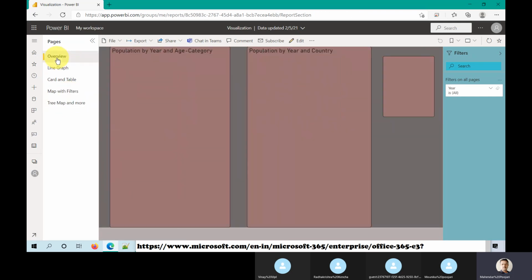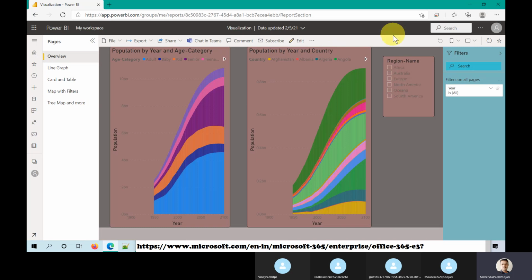Now let me create a dashboard. You know how simple it is. Just pin the dashboard. So just go to these three dots, pin to dashboard. But first, I'll do it like this: click any of the visuals, and then there is an option to pin live.